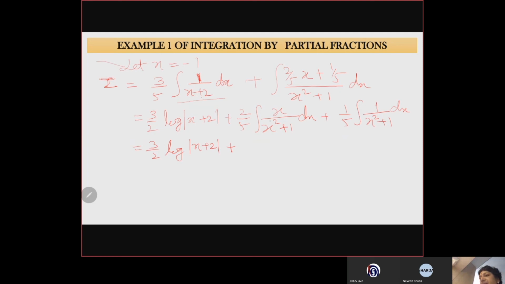x स्क्वायर प्लस 1 की डेरिवेटिव वो है 2x। तो x तो है हमारे पास, मिसिंग क्या है? 2। तो हम 2 से मल्टीप्लाई और डिवाइड, यानी कि न्यूमरेटर और डिनोमिनेटर को 2 से मल्टीप्लाई कर देते हैं। तो अभी क्या बचा? 2 कटा, सो 1/5 न्यूमरेटर डेरिवेटिव ऑफ डिनोमिनेटर, तो log mod डिनोमिनेटर प्लस 1/5। अब 1/x स्क्वायर प्लस 1 है डेरिवेटिव tan इनवर्स x का, तो हमारा आंसर ये रहेगा, right। I hope you have all understood. Of course this comes with lot of practice. इंटीग्रेशन एक ऐसी चीज है जिसमें हमें बहुत प्रैक्टिस करनी पड़ती है।